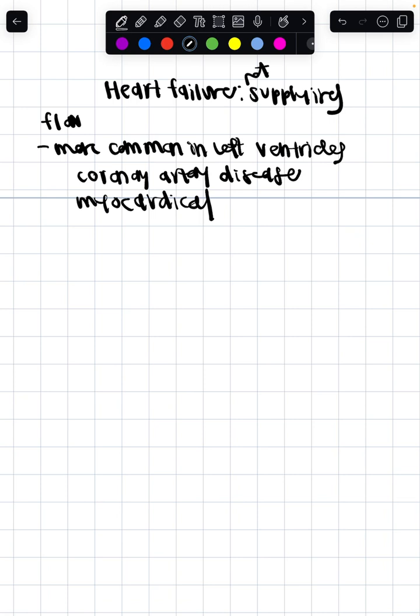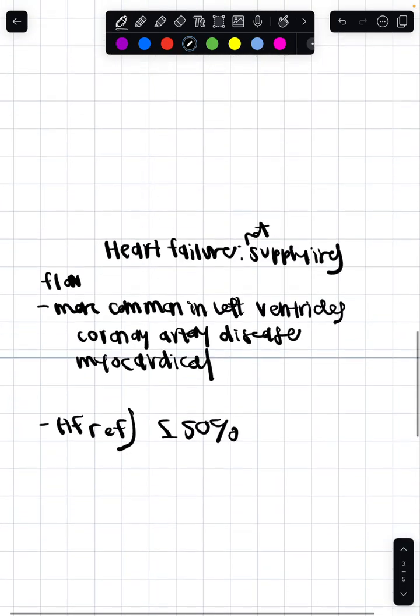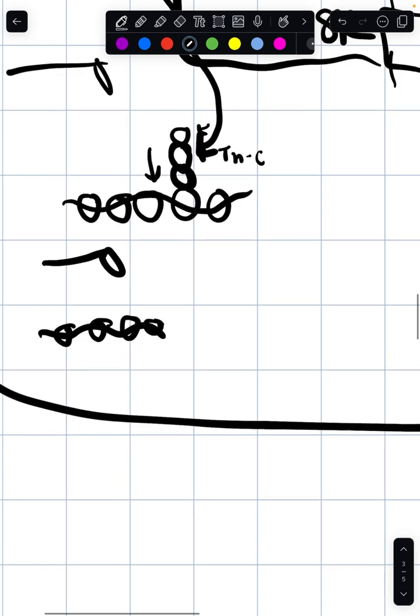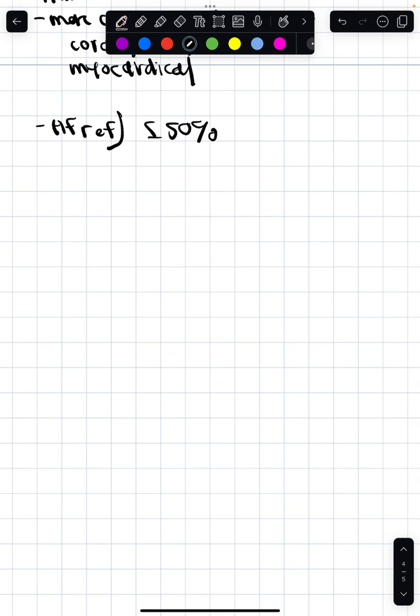So in systolic failure, we more often call it HFrEF, so heart failure with reduced ejection fraction. This is the more serious kind. When we say reduced, we mean greater than 50% reduced. And what happens here is interrupted excitation-contraction coupling. So what I just talked about up here with this system, this becomes interrupted, not functioning properly. So what does this translate to? This translates to decreased contractility